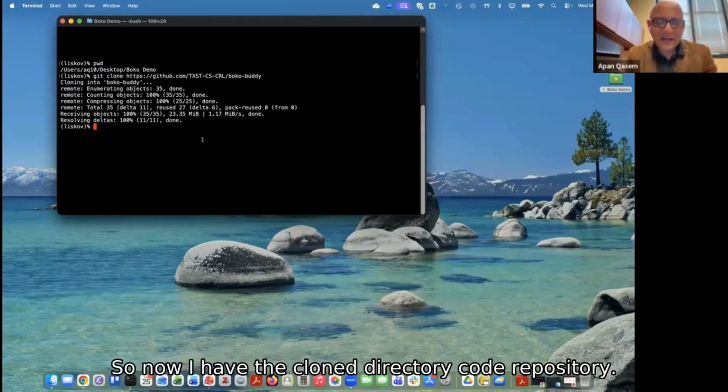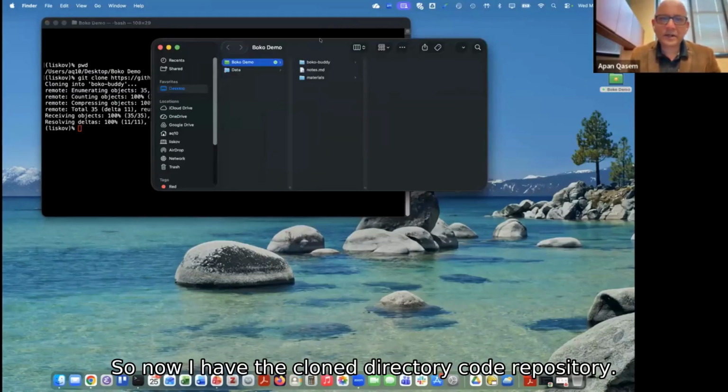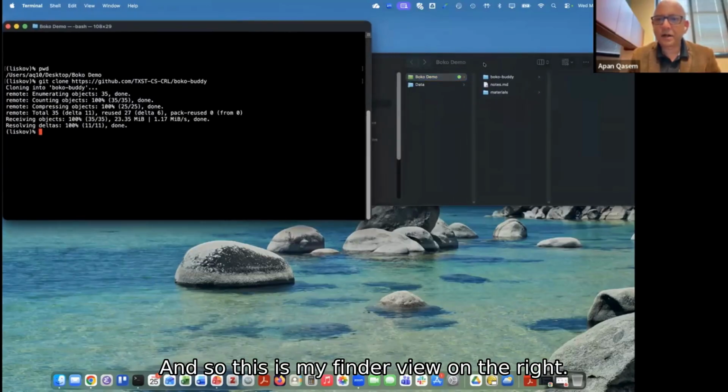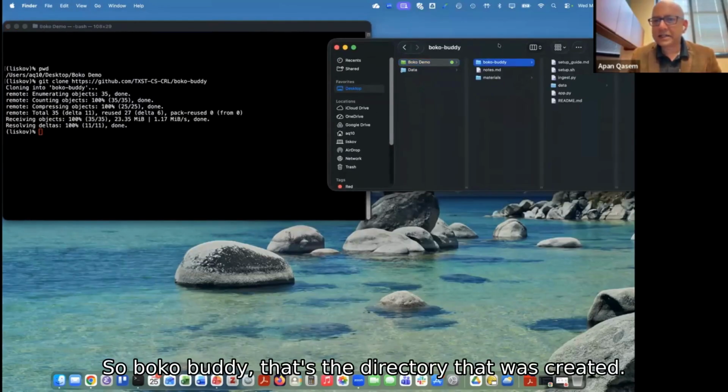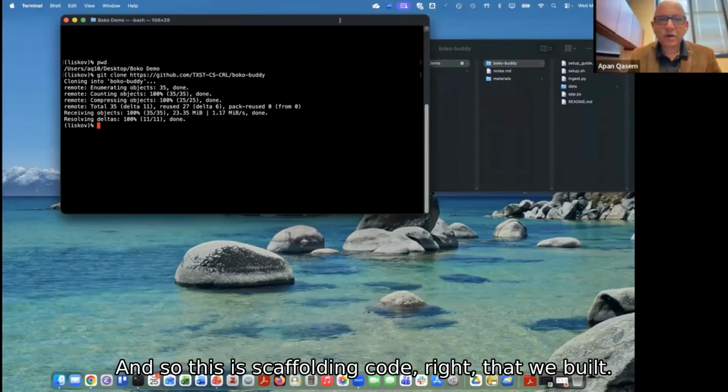All right. So now I have the cloned code repository, and this is my Finder view on the right. Boko Buddy is the directory that was created, and this is the scaffolding code that we built.